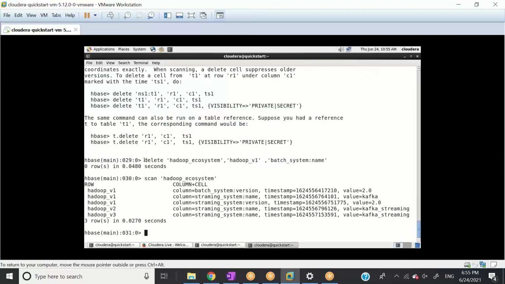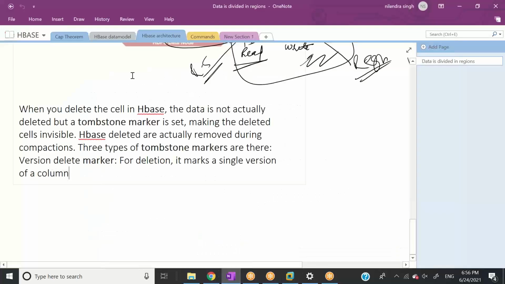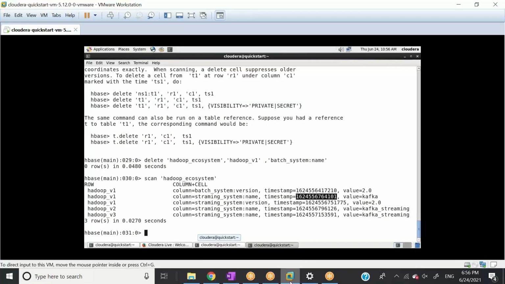When I delete this cell, the data is still there in HDFS. What it did, it just played with this timestamp. It put a value which is not readable by the HBase system. Some timestamp value which is not making sense to the HBase system, and we call it the tombstone marker, right? Okay, this is how the deletion works. So deletion, in reality, is an update. So when we delete our data, let me tell you what it did.